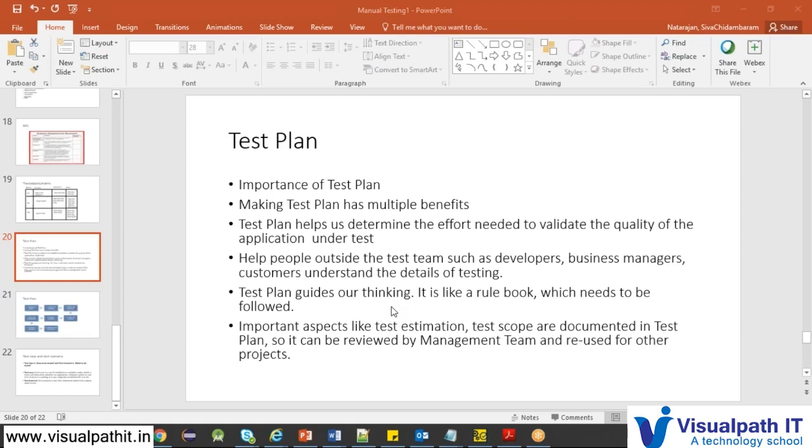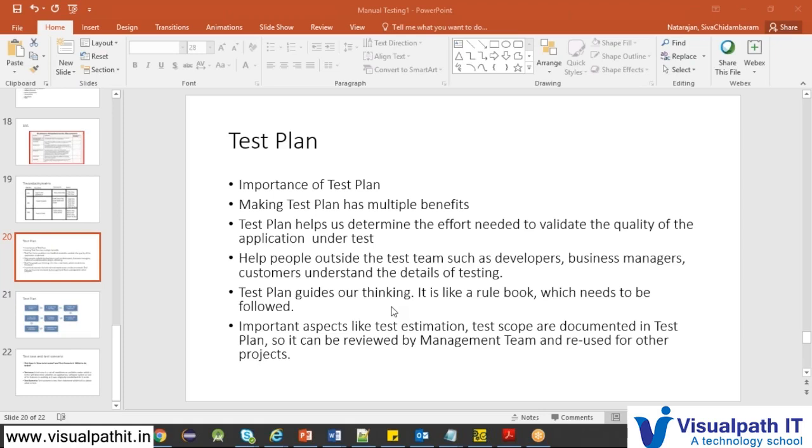Important aspects like test estimation and scope of testing are documented in the test plan. The estimation, as I have shown, can be attached to the test plan document itself. And the scope of testing, what scope the testing will have.